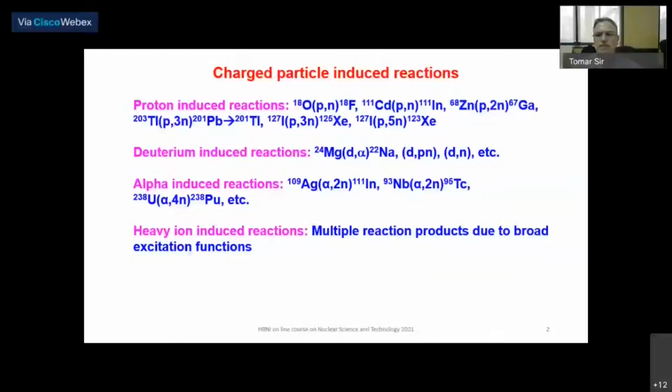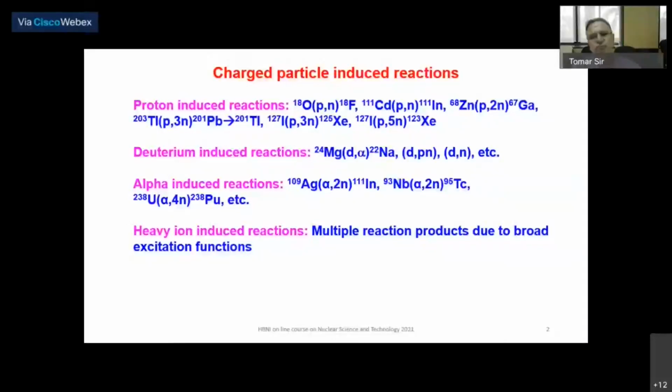Secondly, the excitation functions, that means the cross section versus energy of the projectile, become very broad because of the angular momentum involved in the reaction, and multiple channels are opened up. Like if you have carbon, then you can have carbon 12 (C,xn), 2n, 3n, 4n. So a large number of radioisotopes are produced, some of which will be unwanted. So you have to really struggle to get only the particular isotopes of application. Whereas in the case of light charged particles, the excitation functions are narrow; they are not very broad. And at a particular energy, you may have one or maximum two isotopes produced. So these are the main reasons.